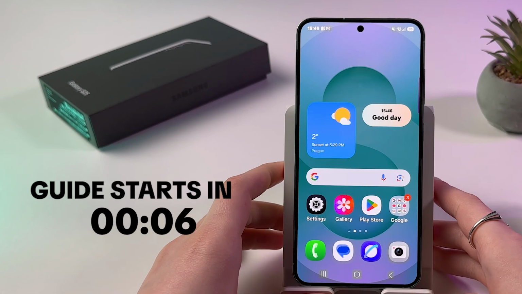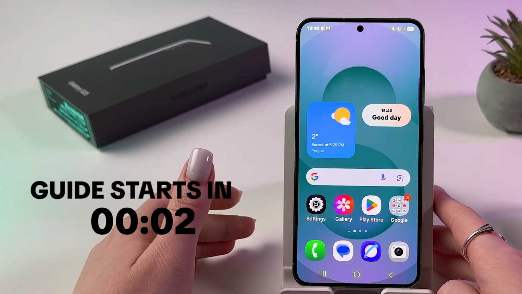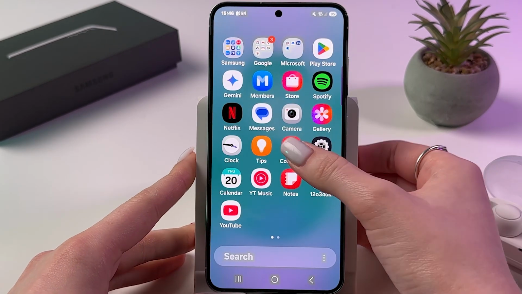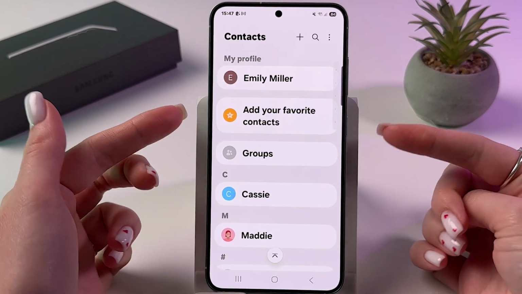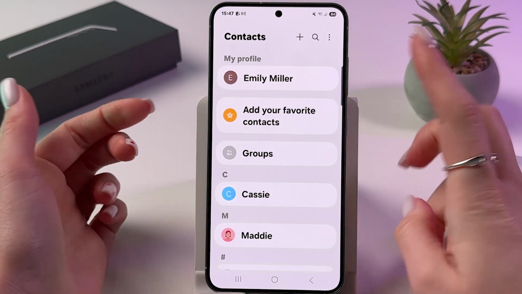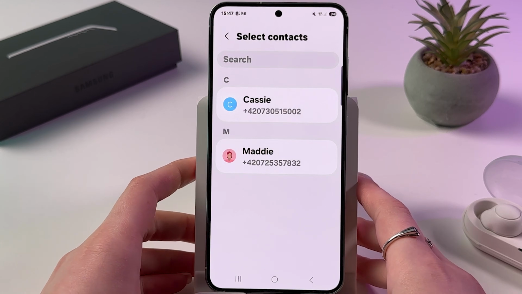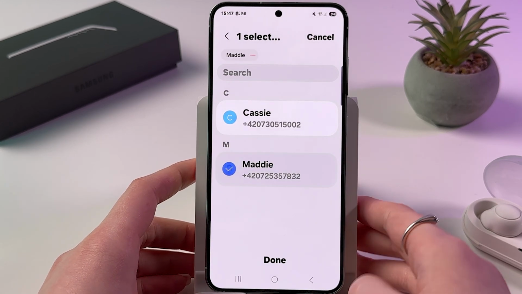Hi, to add favorite contacts on your Samsung Galaxy S25, you just need to find and open your Contacts app first. And after that, search for this feature at your favorite contacts. And after you tap it, you would be able to select favorite contacts just by tapping it like this